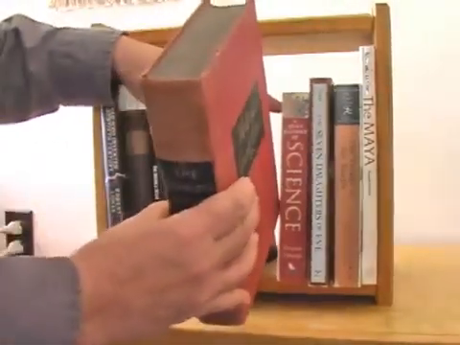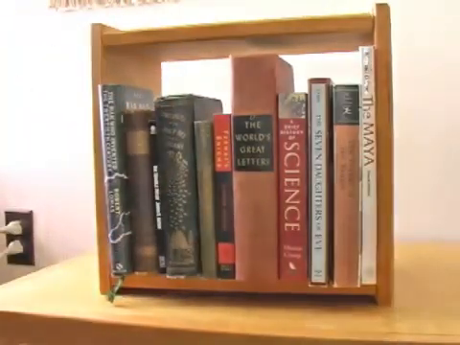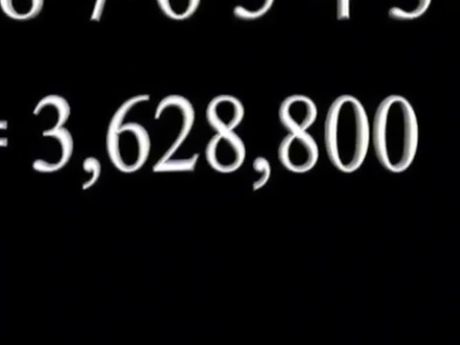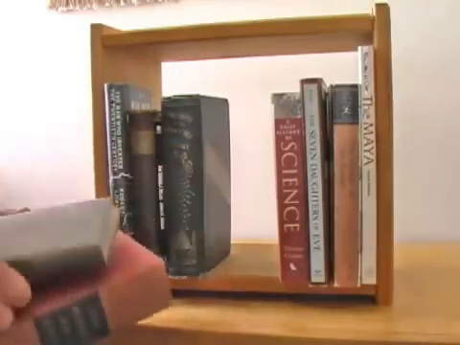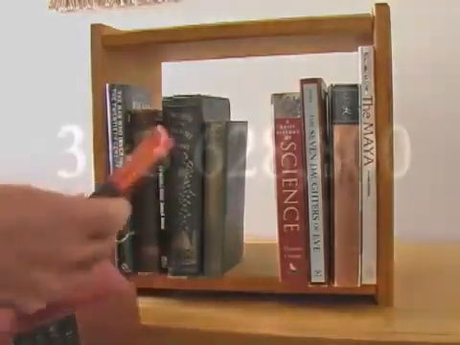The answer is surprising. Let's calculate. We have 10 different books, so 10 factorial will give us the number of possible arrangements. 10 times 9 times 8 and so on. Multiplying, we get an astounding 3,628,800 possible arrangements. How long would it take to set all of these up? We've allowed 3 minutes for each arrangement. 3 minutes times 3,628,800 gives us